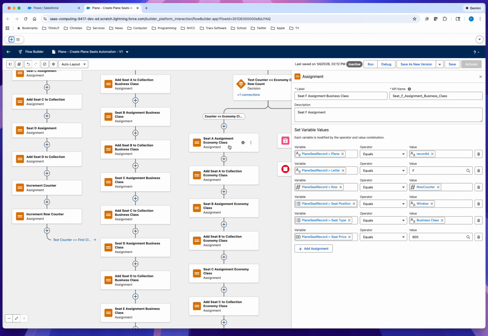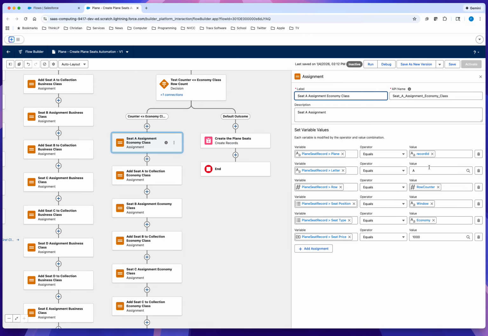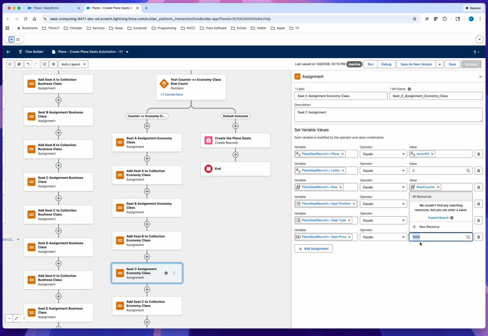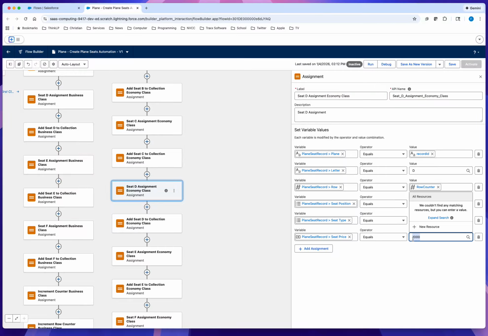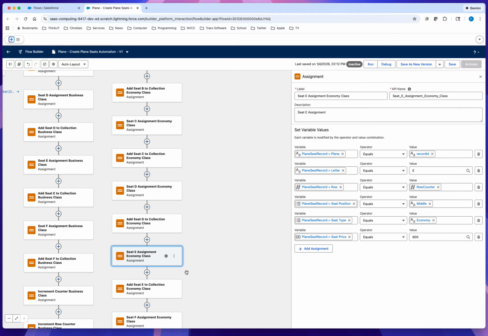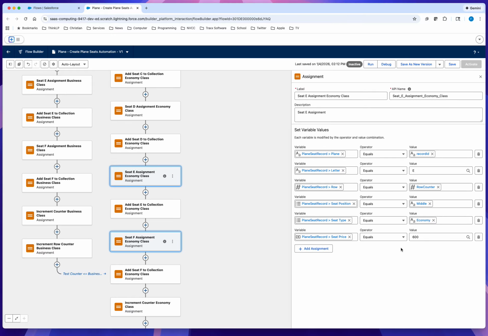And now this takes us back to the economy class. Again, everything's the same. A is going to be window, but again, the price should have been 200. But like I said, these are easy changes to make. 200, again, B is middle. Okay, C is 600. Let's see. D is an aisle, 2. E is middle. Then finally we have F